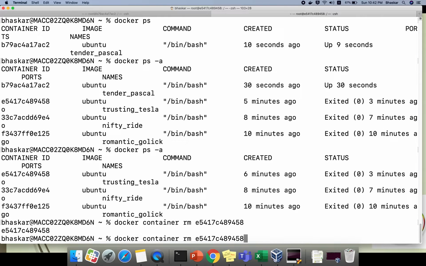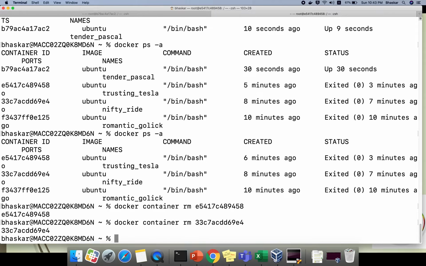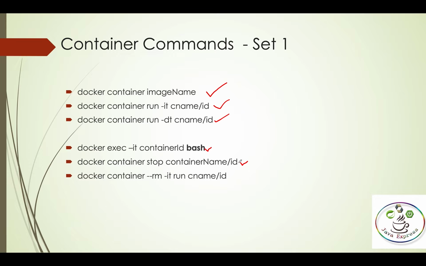In this way you need to remove all the containers. If you want to delete on the fly, then you can do that. That is one more option. Either you remove manually like this, or this is one more way to delete your container in the background. I hope you are clear.